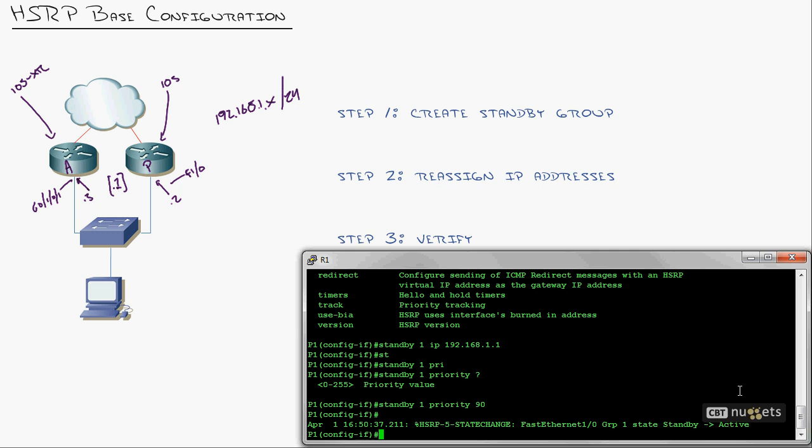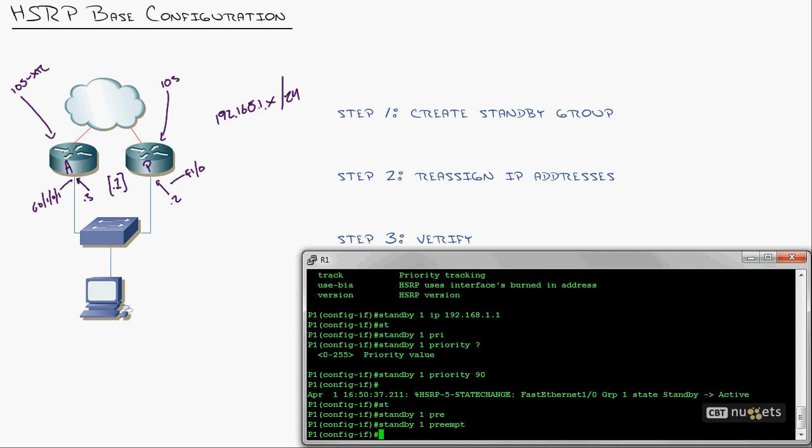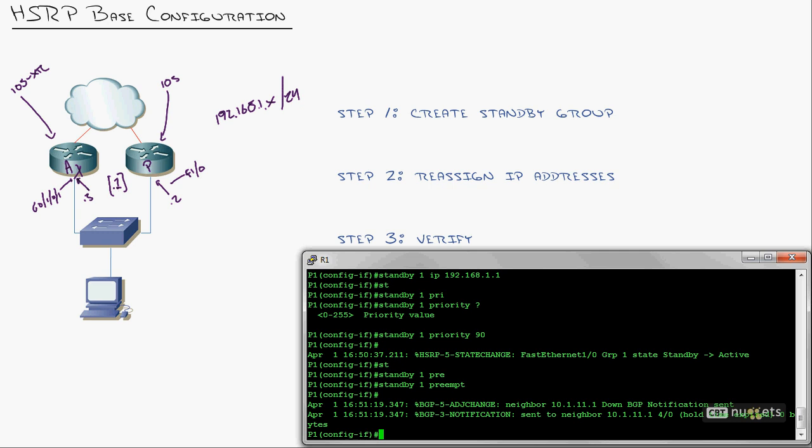Right? So let's do standby 1, and I'm going to type in the command preempt. See, here's the deal. When we have a router fail, let's say this router goes down and this one takes over as the active router, right? When this one comes back online, it will not take over. It will not preempt the connection. So I always like using preempt, especially when we're going to use interface tracking, which I'll show you in just a second. So we've got preempt. Matter of fact,